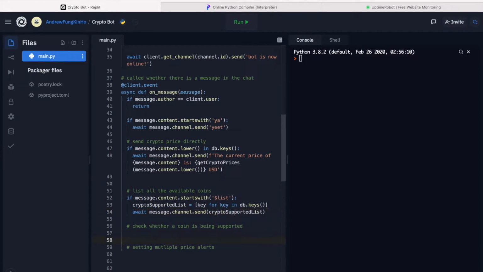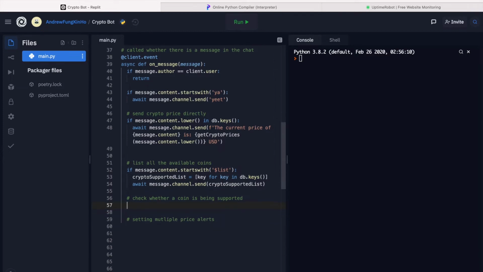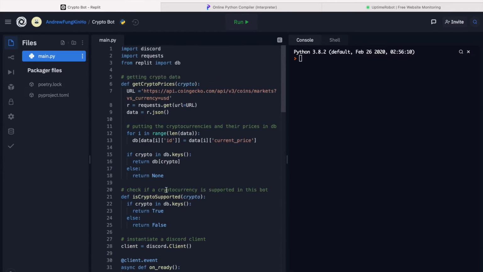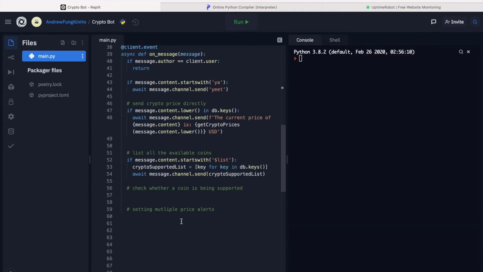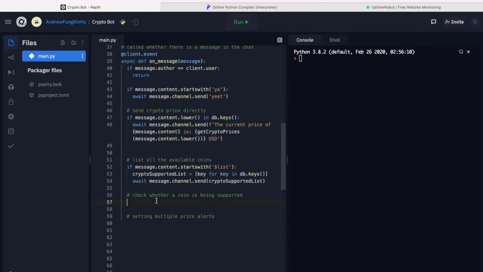And for the third task, we have to check whether a coin is supported. So that will be very easy because we have the function is crypto supported. So we can type if message.content.startswith, and that will be $support with a space.